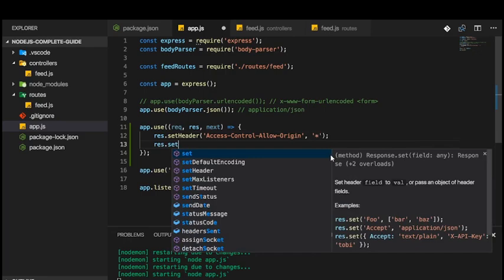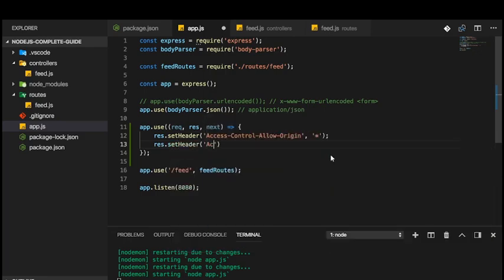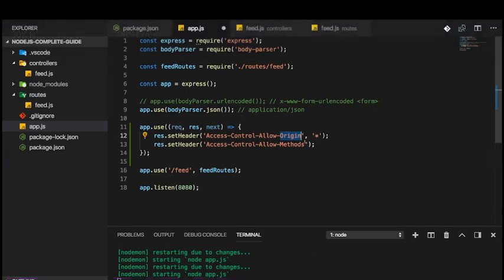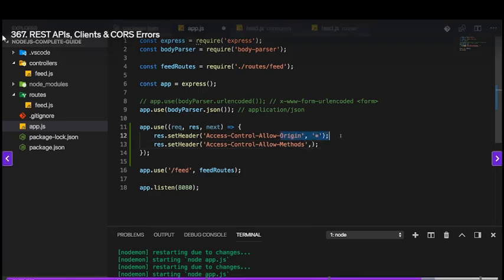I will also set another header, and that is the Access-Control-Allow-Methods header. Here we allowed specific origins to access our content, our data. Now we allow these origins to use specific HTTP methods. Because by just unlocking the origins, it will